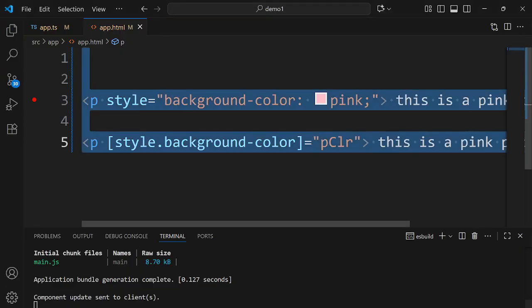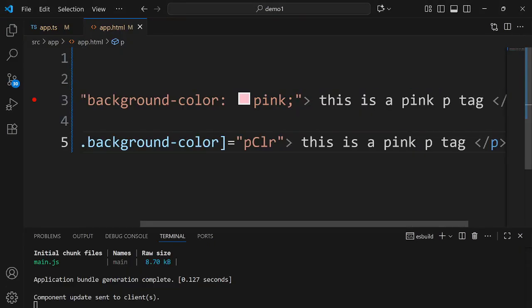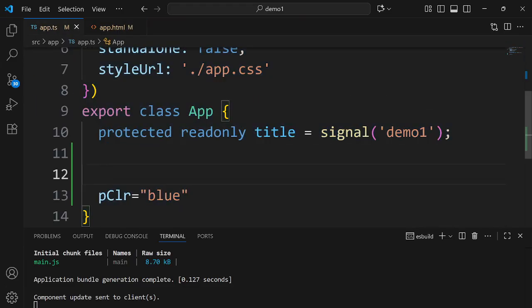Let's enhance this same example, and what we will do is, based on a variable's value, try and change the colors. So let's say I will take a few more variables in the TypeScript. I'm going to take age as a variable, and